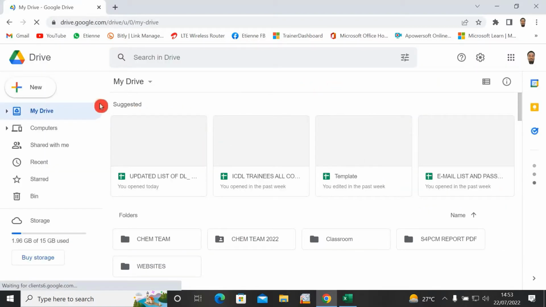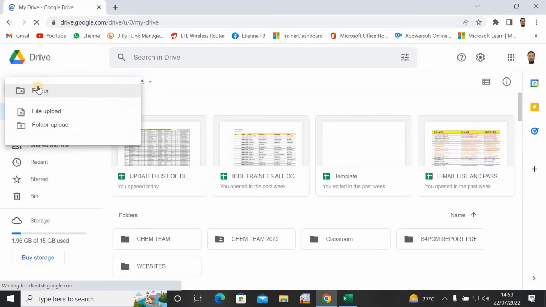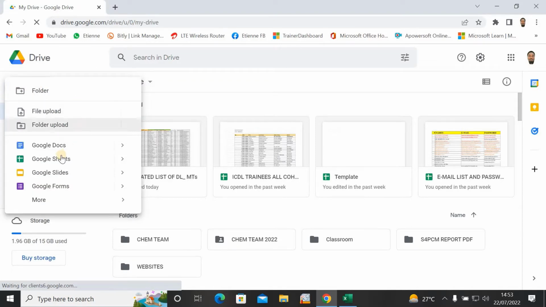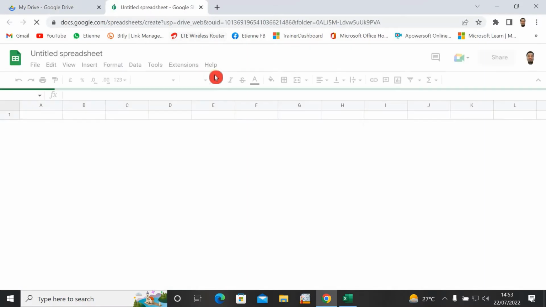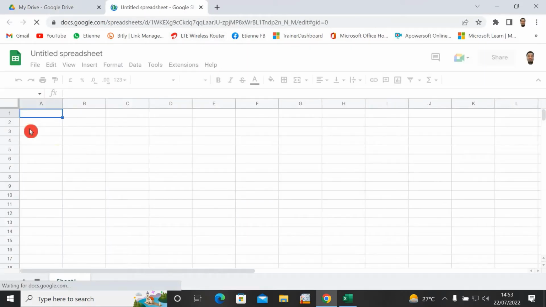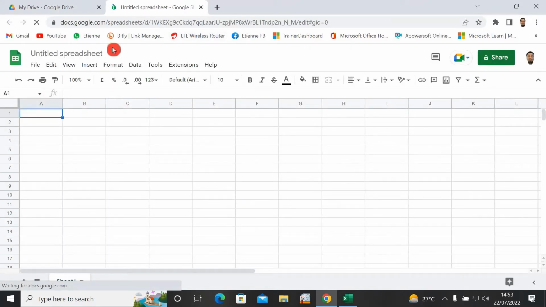And once your Google Drive is opened, you can go here to New. You go here to New, and then you go to Google Sheet. I click Google Sheet. Now I have my Google Sheet here. It is entitled spreadsheet. I can click here to give it a name. Let me say I call it